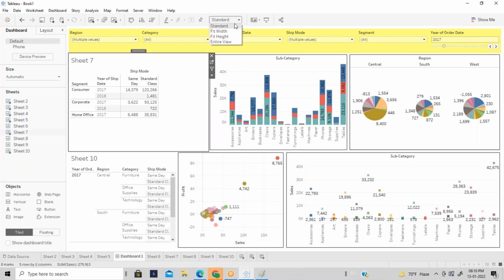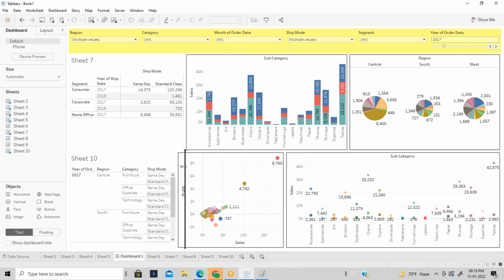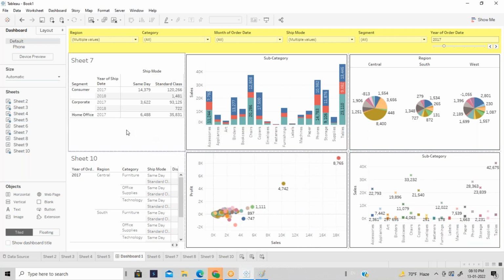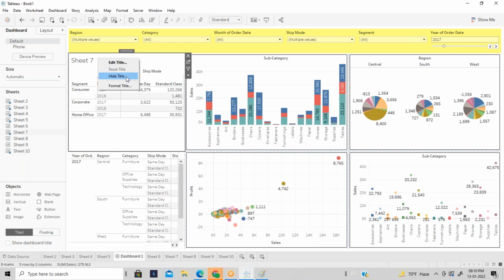Clear? Any questions here? So this is how we can have multiple filters and apply those filters to any sheet. If you want to apply that filter to only the specific sheets, you can apply that. Or if you want to apply that filter to all the sheets, you can apply that. Use the data source level filter by selecting the data source.